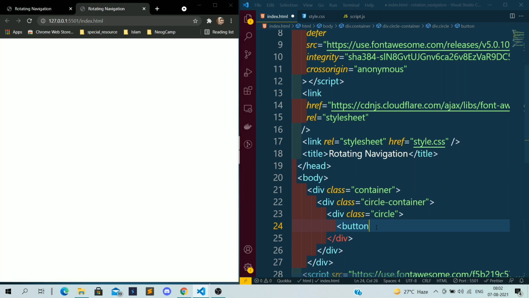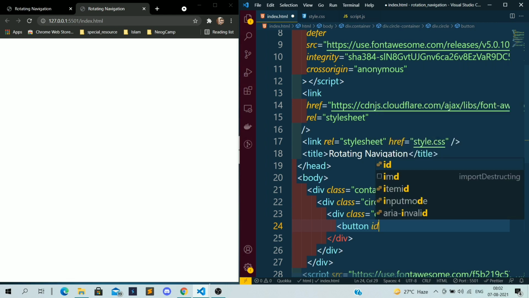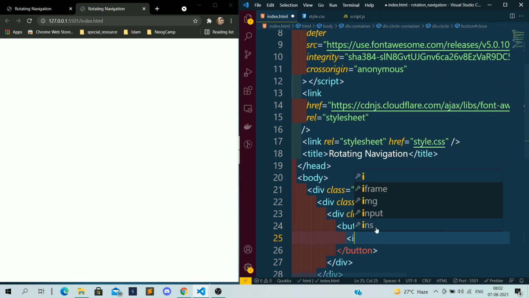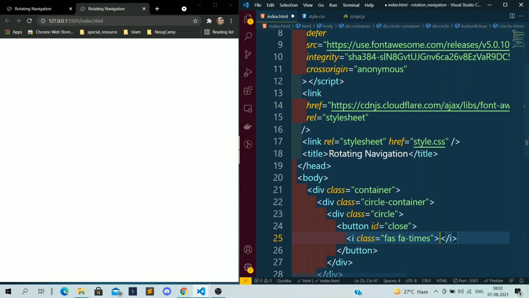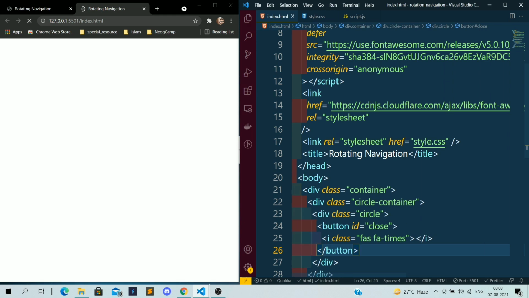I want a button having id close for the cross button, and inside it I will use an icon of class fas fa-times. This is the button for the cross. If you see, the cross has come now. So this is a button, and inside that button I am using an icon.